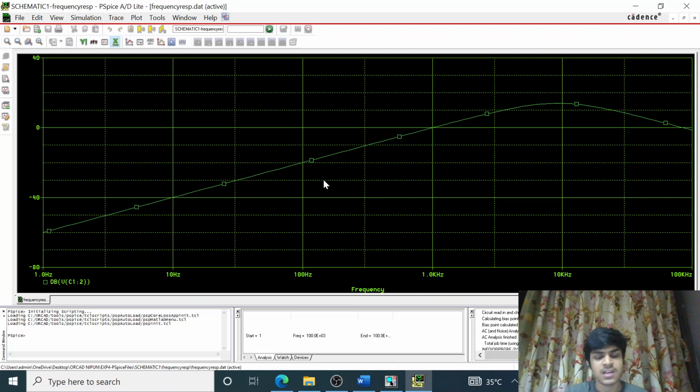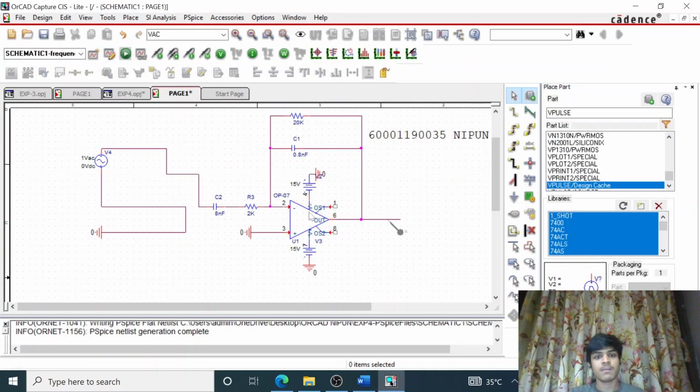Now in this, as the frequency increases, the gain increases, and the gain is in the decibel format. And it's really clear that as we increase the frequency, the gain increases significantly, and hence the op-amp as a differentiator also acts as a high pass filter.